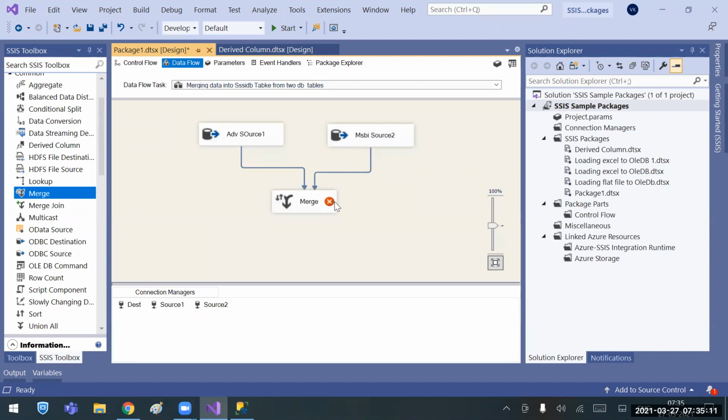Now see, still it is throwing an error. It is saying merge input one must be sorted. See, here it is showing that merge input must be sorted. If possible, sort the data at the source level. As it requires a sorted input, what you need to do is first delete these two connections. Right click and delete, or select it and use the delete key on the keyboard. Now before configuring this merge transformation,